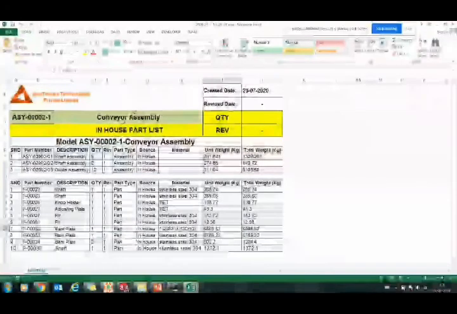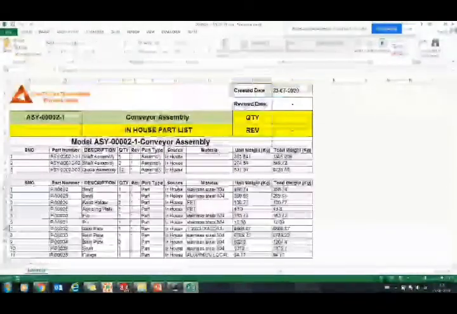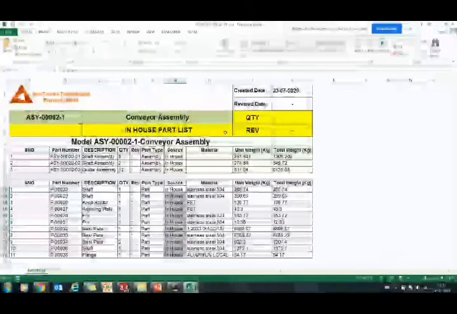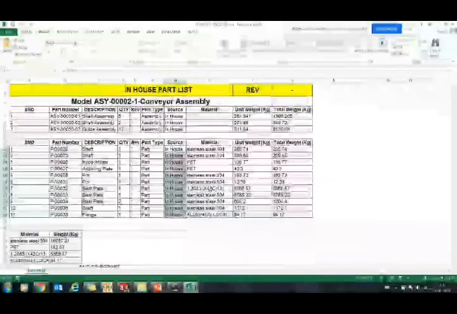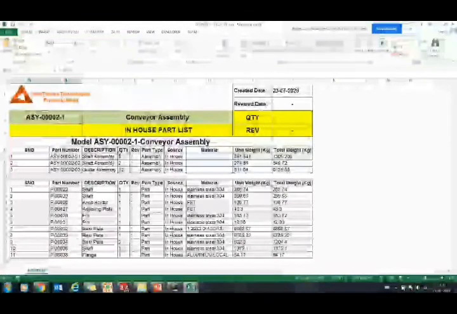So you can see these are the in-house part list. All the in-house components are listed out, and you can start working on them. And we'd like to tell you all the reports will have the material summary at the bottom of the report, right? So now you can have the quick summary of material required for manufacturing this particular set of items, weight by weight. So you can categorize them, and you can just quickly book the material. All the planning can be done out there.